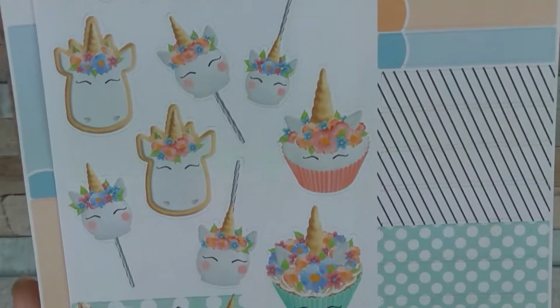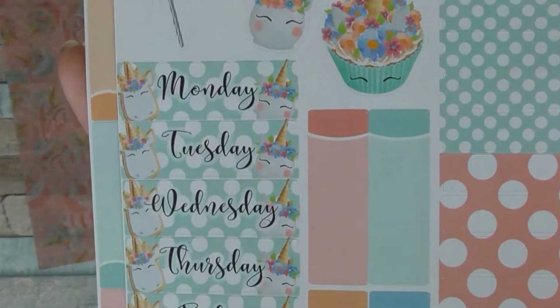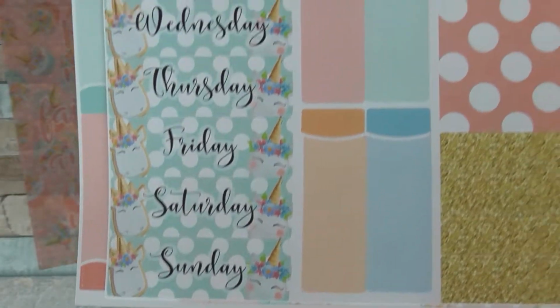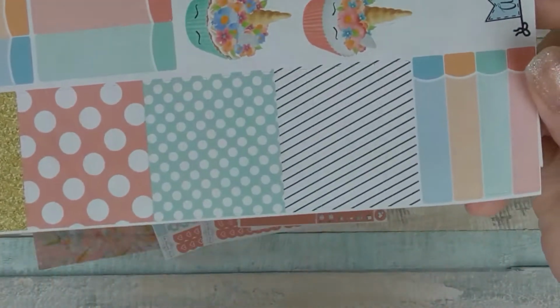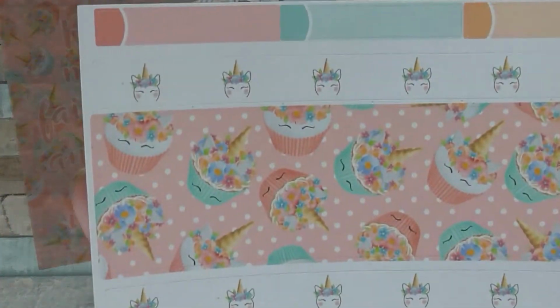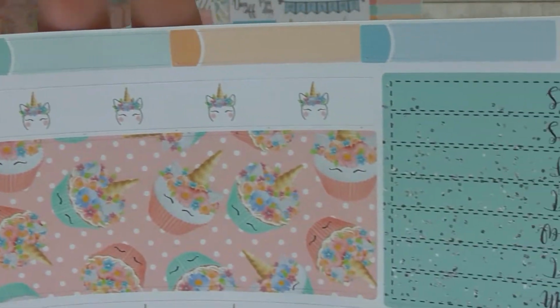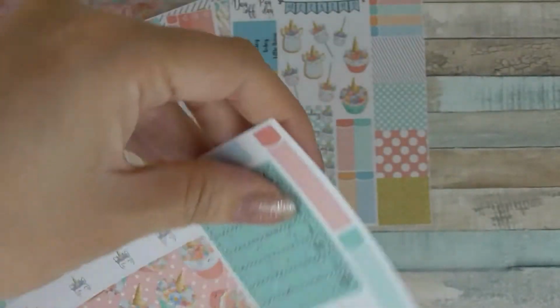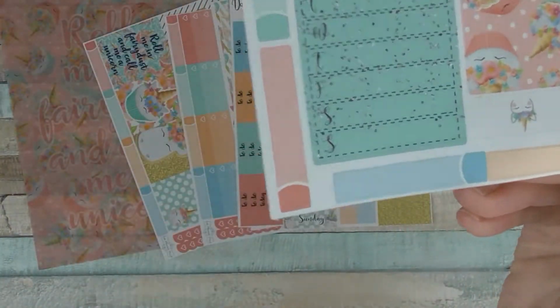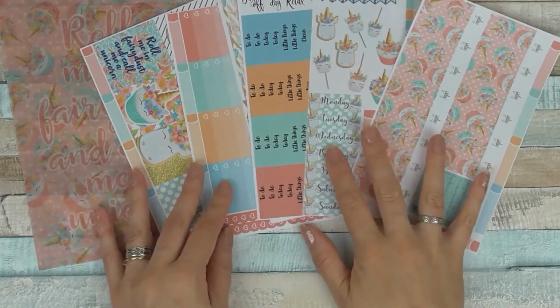And there's a weekend banner, lots of deco stickers there, the days of the week, and boxes in the bottom. The header washi type stickers, and oops, that way around. There's days of the week as well for a meal planner or something. So that is the